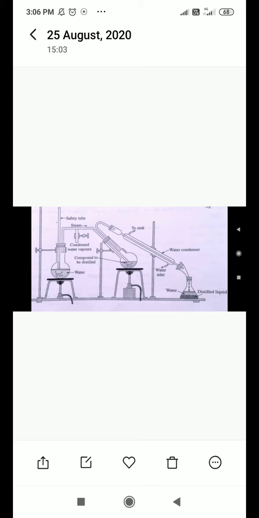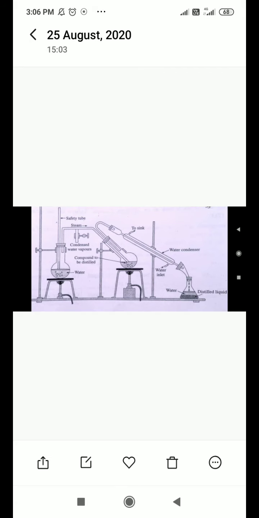How is it assembled? From where steam passes, where the mixture is placed, and where it gets distilled. Look at this screen, where one RBF has been shown. The RBF on the left side of your screen is where water is placed, which is connected through a steam tube to the next RBF, in which the compound mixture is placed, the middle RBF. Only two RBFs are there in the diagram.